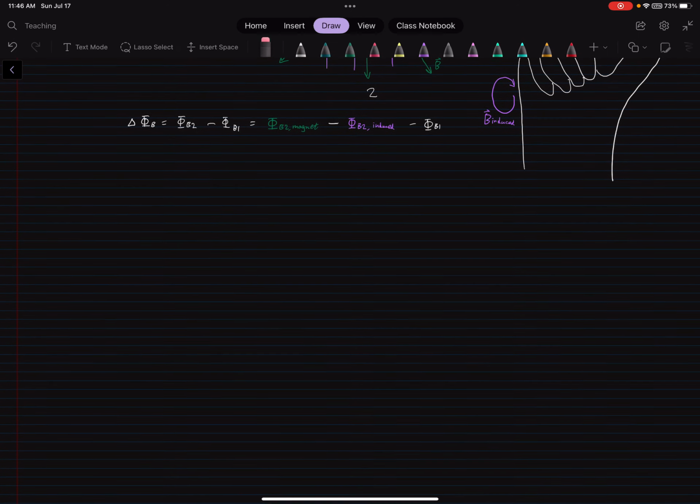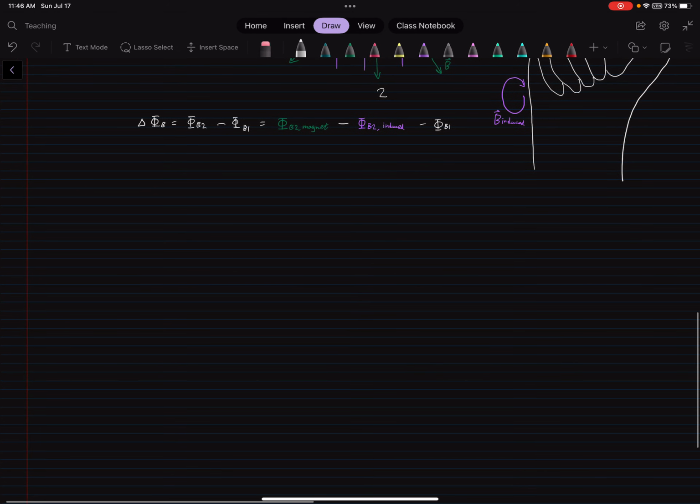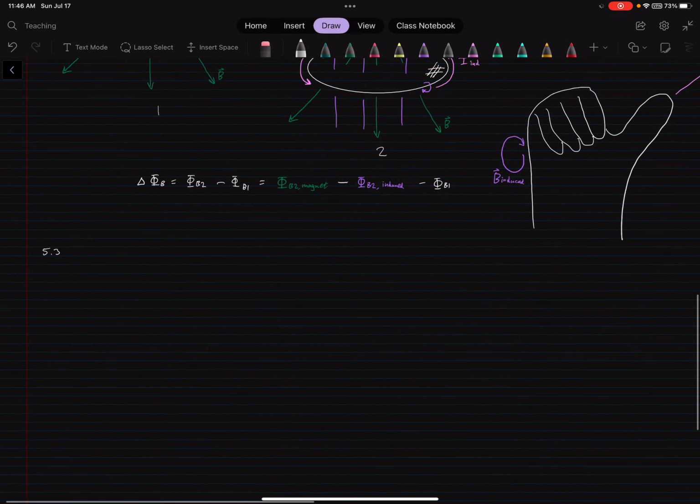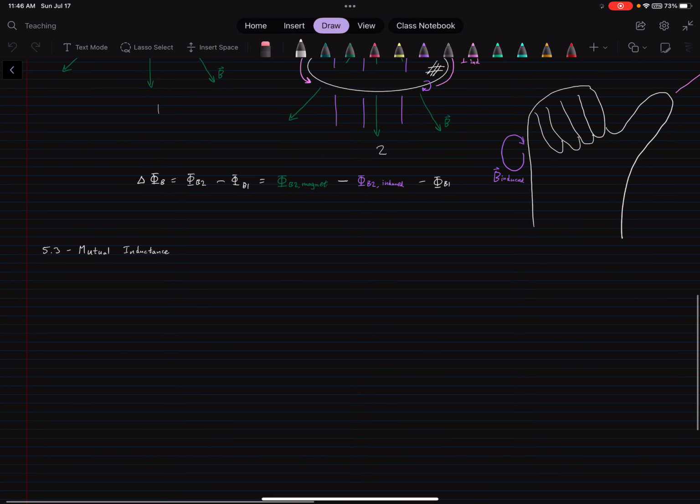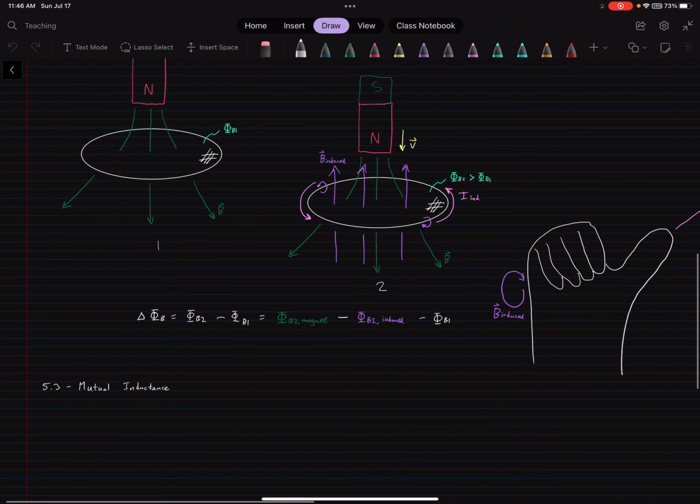All right, so now we take another step forward towards our final goal here. So 5.3, I think this is actually 3, yeah. 3, mutual inductance. Mutual inductance. So, taking this concept that we've just learned, magnetic flux changing through some loop, what if instead of